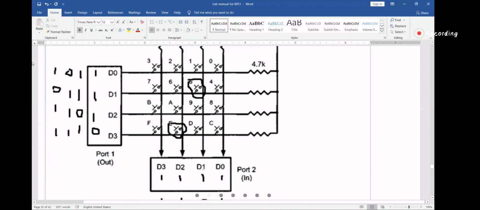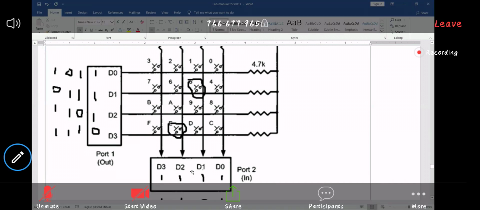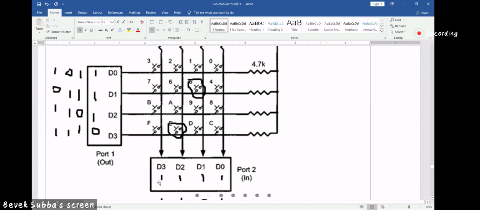In the next cycle, I'll give 1, 0, 1, 1. What will be the value at port 2? 1, 1, 0, 1, because 5 is pressed. If I give 1, 1, 0, 1, it will be 1, 1, 1, 1 only. If I give 1, 1, 1, 0, it will remain 1, 1, 1, 1 only.